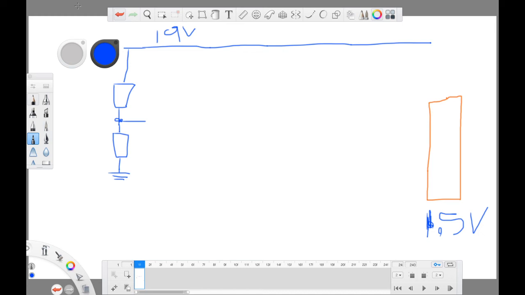If we had only the first MOSFET, the whole thing won't turn off. We will have 19 volts on the other side when you close this first MOSFET, you will have 19. But the reason why we have the second MOSFET is so that the whole thing will turn off. Okay,